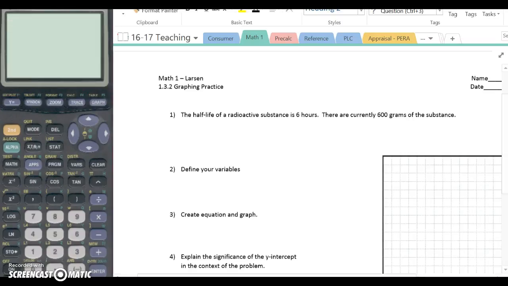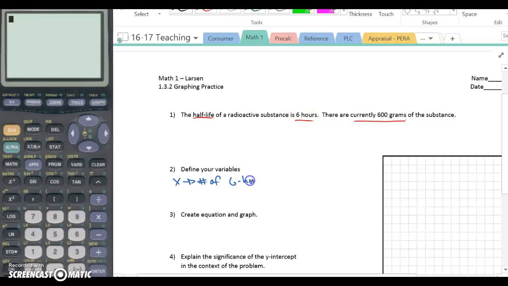So let's go ahead and underline some stuff. Half-life, 6 hours, currently 600 grams. So the missing information, number of time periods. And I know the time periods each are 6 hours. So let's say the number of 6-hour